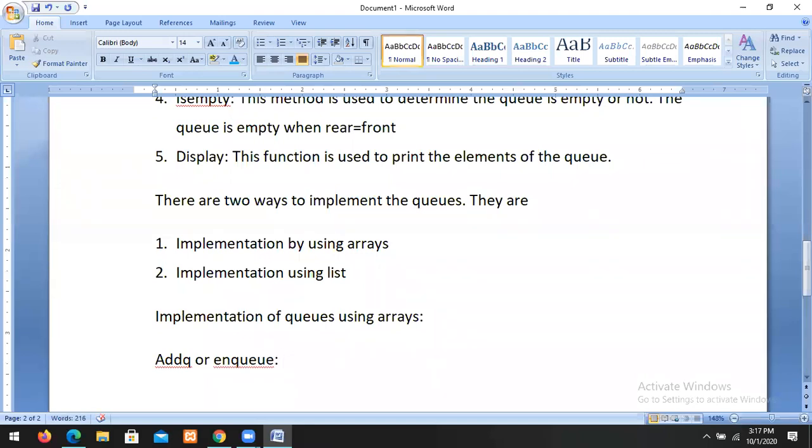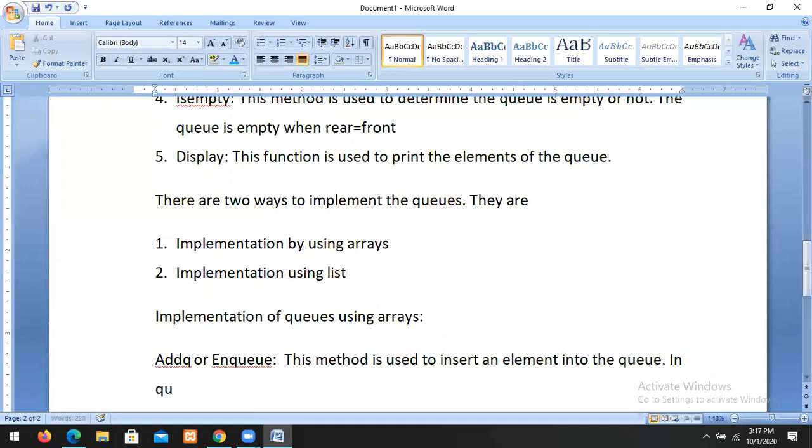How to write the algorithm for add queue or enqueue? This method is used to insert an element into the queue.